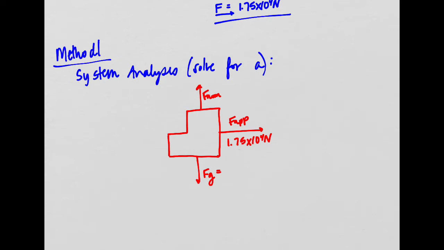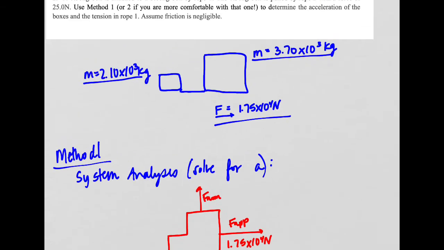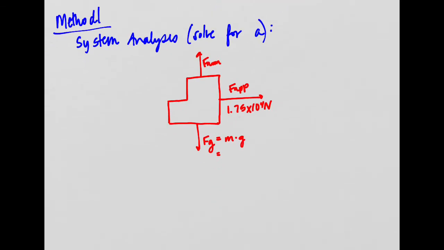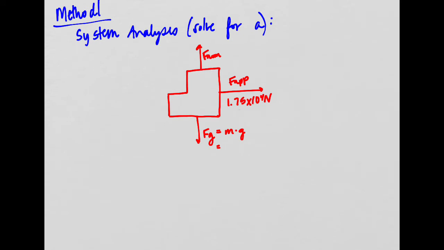So force of gravity equals mass times gravitational strength. The mass I'm going to get from adding these two together, right? Because we're assuming that this is one body now. And when I add them together, I get 5.8 times 10 to the 3 multiplied by